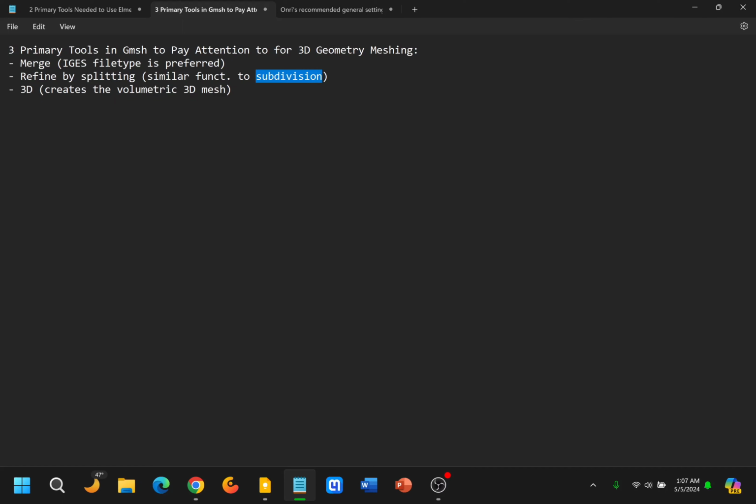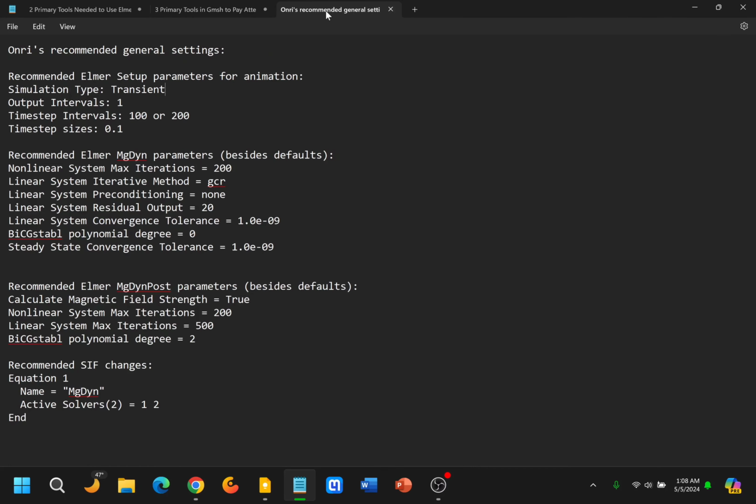Anyways, the refine by splitting tool is another one to focus on, and that pretty much behaves like a subdivision tool. It allows you to split up the mesh into smaller pieces. And then the 3D meshing tool, of course, is the one that creates the 3D mesh itself. So, all right. And here are some general settings that you want to focus on